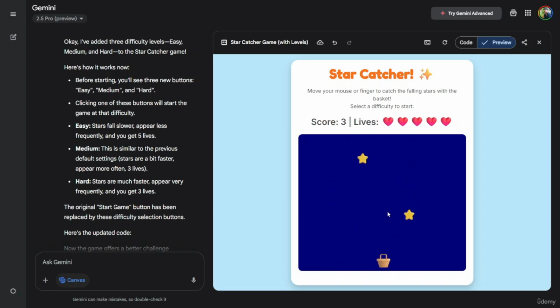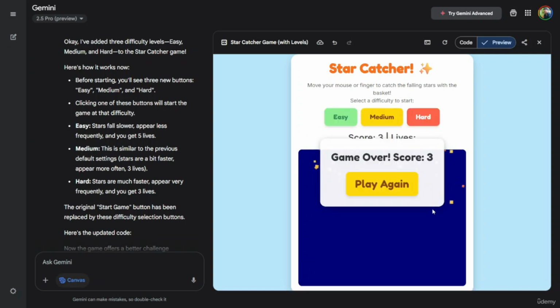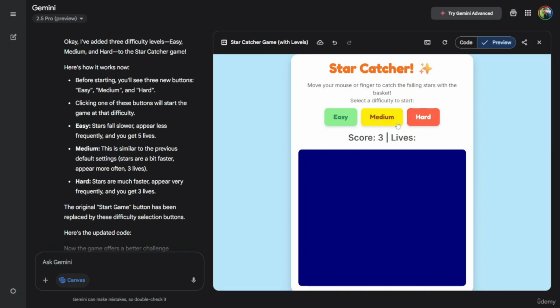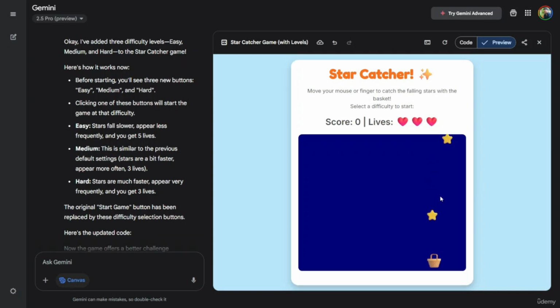So you have to miss 5 of these. 1, 2, 3, and 2 more. So game over, score 3. And for medium, we have already done the medium gameplay. Let's do with hard. So the speed is pretty